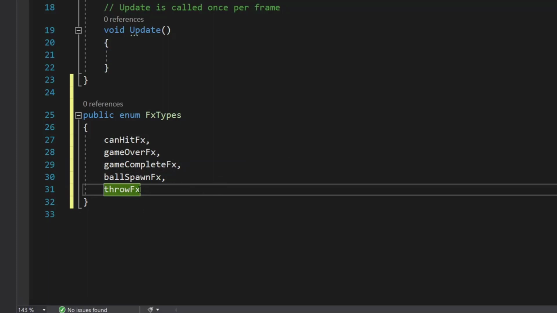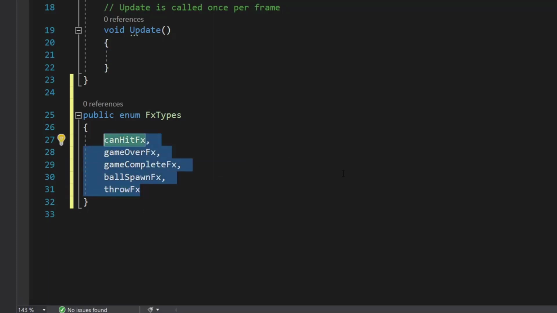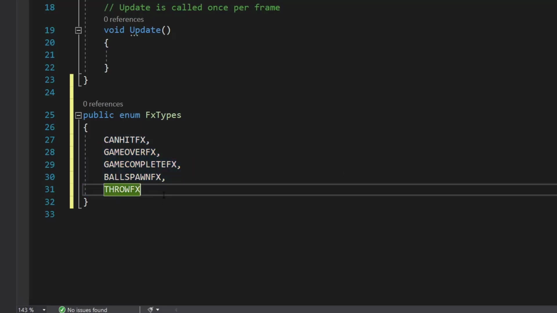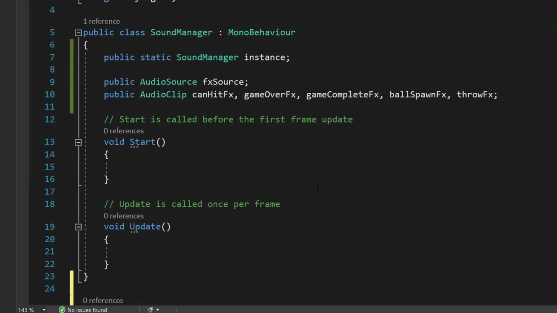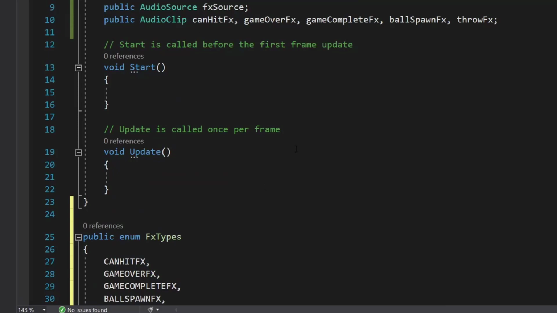And let's select all of them, holding control shift, click on U, so all of them become caps lock. And right now I'm not setting it to system.serializable, because I really don't need any effects type to be exposed in inspector. We are just going to use it inside our script, that's it.